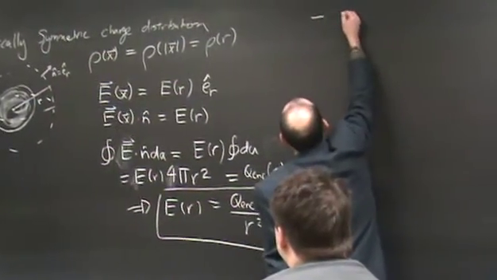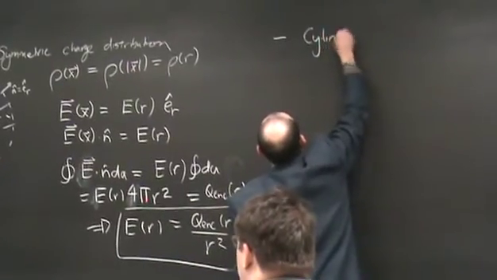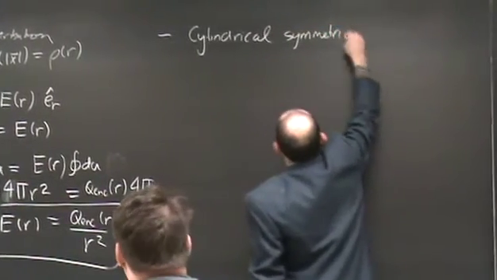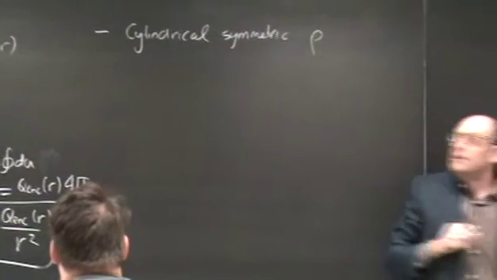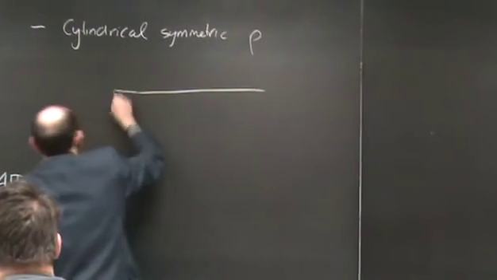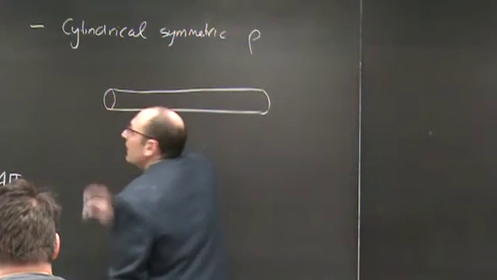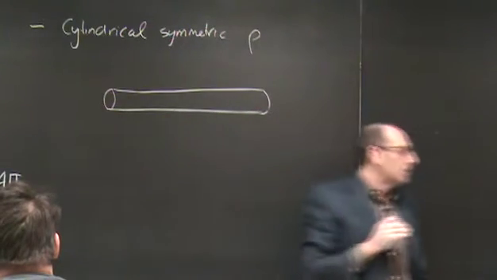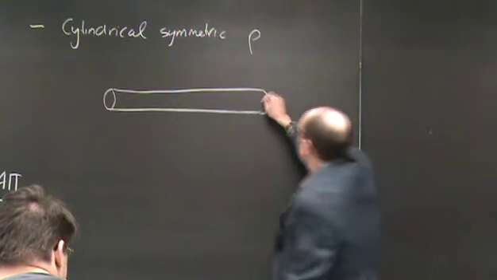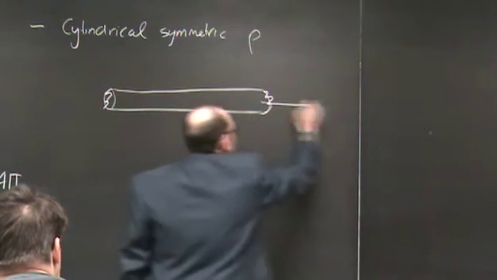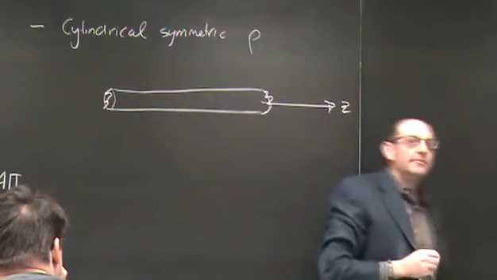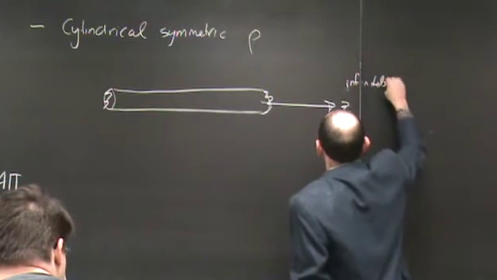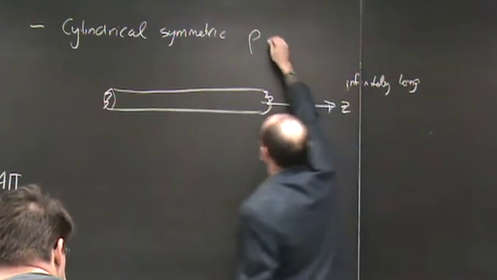Similarly, if we have a cylindrically symmetric rho, so we have some kind of charge distribution that has a cylindrical symmetry. And in this case, in order to do this problem exactly, it needs to be infinitely long in the axial direction, which we'll call z, so that what I mean by cylindrical symmetry is that rho is a function